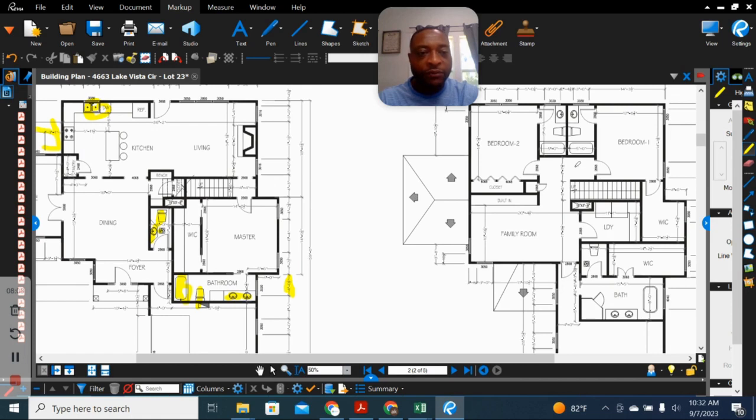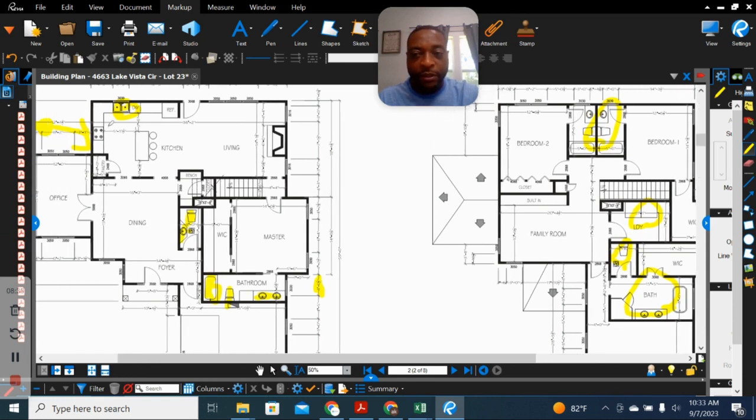We have bathrooms here, a bathroom here, and laundry here. So how do we handle the drain lines that are needed to catch the water coming from the second floor? Well, what the plumber's going to do is, when they lay out the plumbing for all of these,